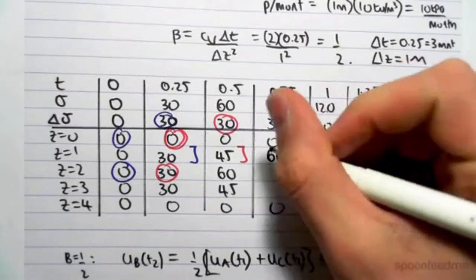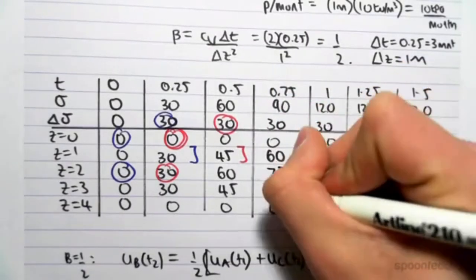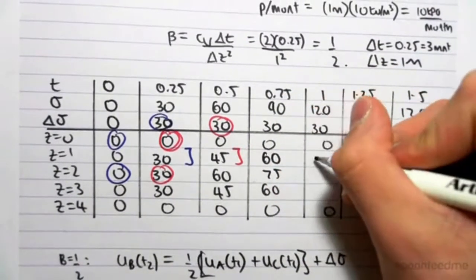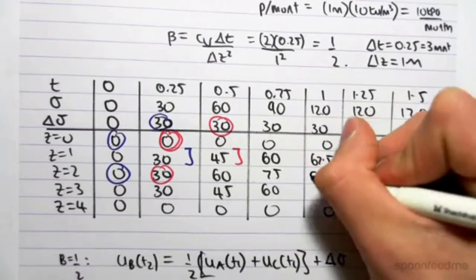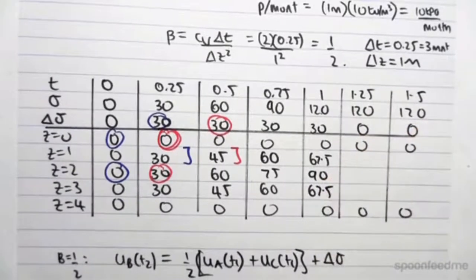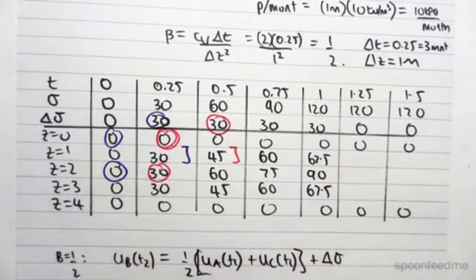This would be 60, this would be 75, this would be 60, this one would be 67.5, this would be 90, this would be 67.5. I'm just going to do this one slowly because we've got a bit of a difference now. So for here,